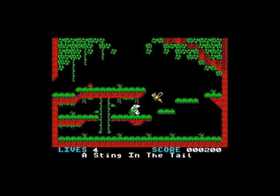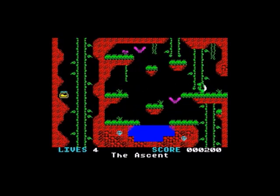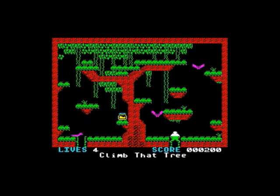Now, the story behind it is Monty Mole has opened a honey shop and everything was going swimmingly until such time as all these horrible, horrible wasps decided to come and steal all the honey pots and scatter them throughout the land. And Monty has to traverse a number of platform-themed levels and screens in order to retrieve said honey